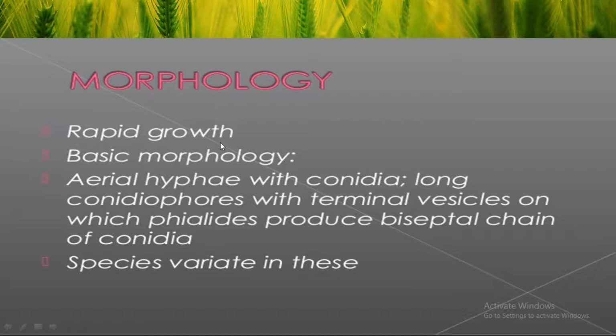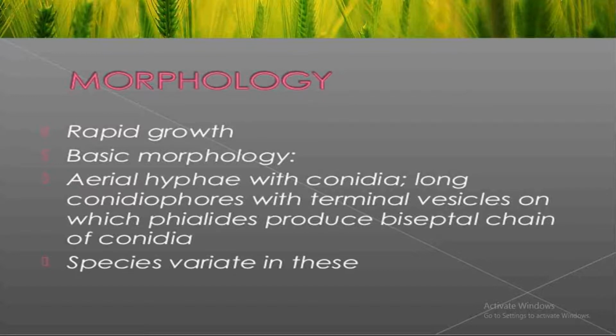You might remember that Sabouraud's dextrose agar was there in tubes, so we have a slant of Sabouraud's dextrose agar. Different types of antibiotics can be incorporated into Sabouraud's dextrose agar so that the bacterial